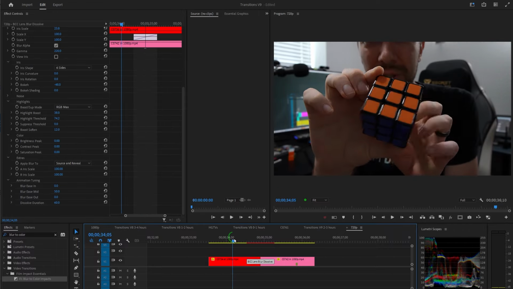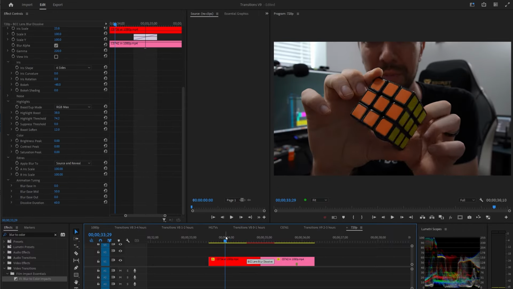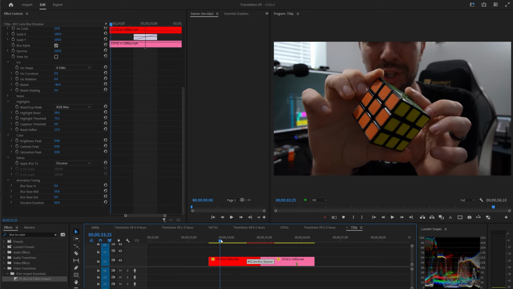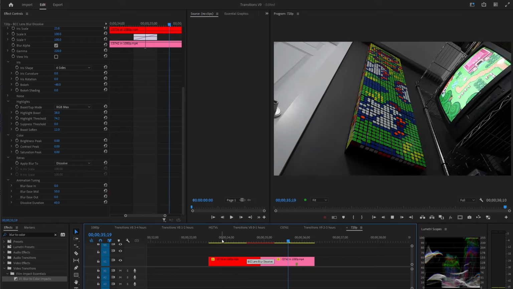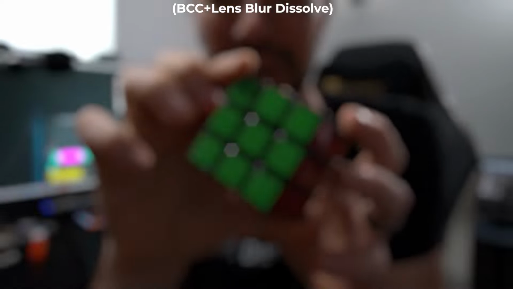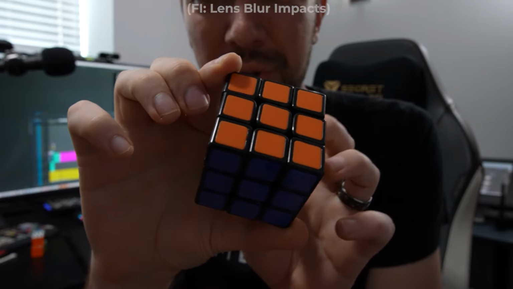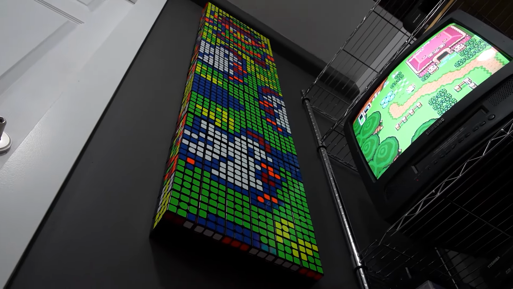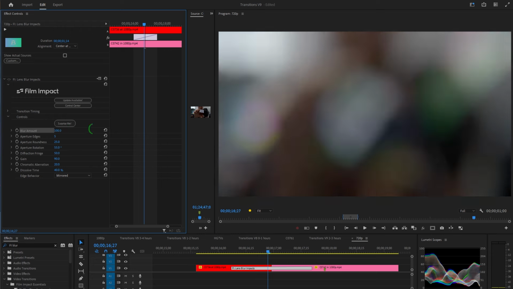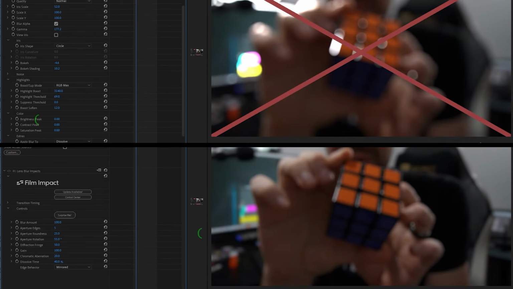Also, if you do want to blur both sources, I think applying the blur to source and reveal looks better than dissolve. Here's some real bokeh done in camera. Here's Continuum's bokeh, Sapphire's bokeh from the dissolve defocus transition, Maxon Universe's bokeh, and here's Film Impact's bokeh. It's the worst one. Its blur amount parameter is too limited, and unlike the others, it doesn't really have any way to make the highlights pop out,